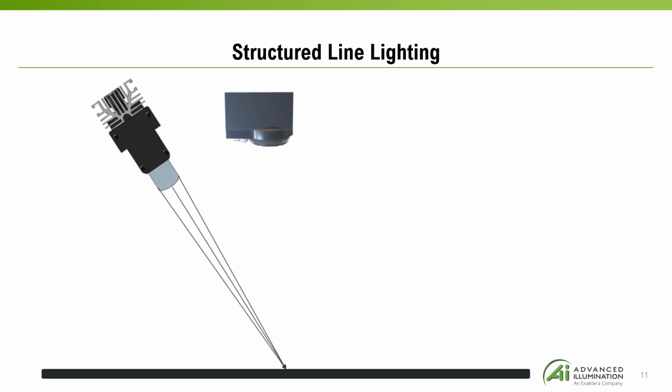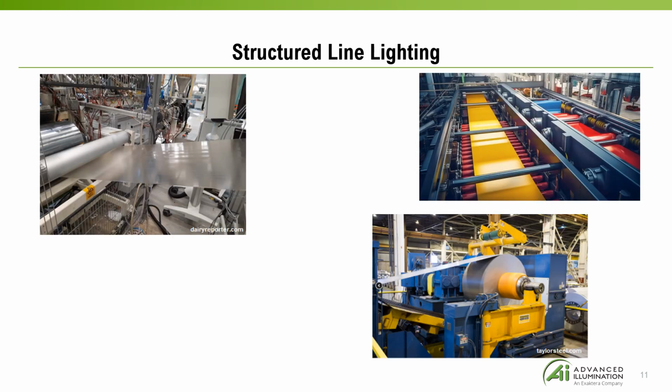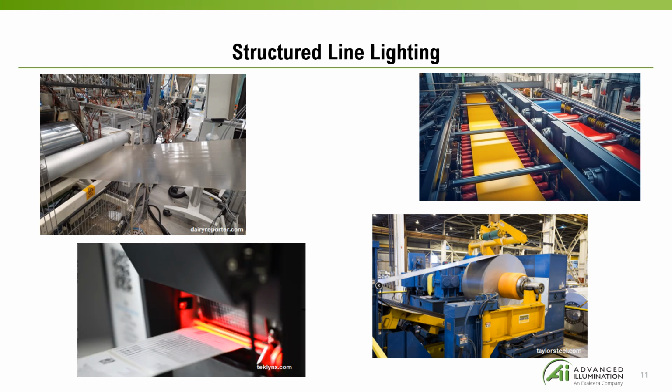The primary benefit of a focused line light is that it produces a much higher radiant power in a narrow line that is often needed for the high web speeds associated with applications such as textiles, steel surface defect detection, and label inspections. This provides the intensity required to eliminate image blur, compensating for the short exposure times and high